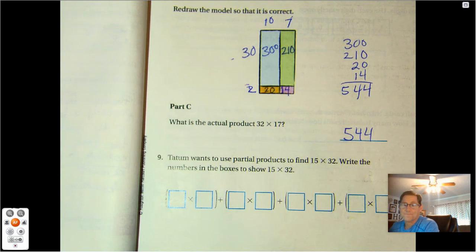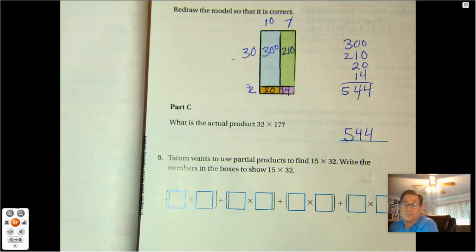Tatum wants to use partial products to find 15 times 32. Write the numbers in the boxes to show 15 times 32. Well, okay, so